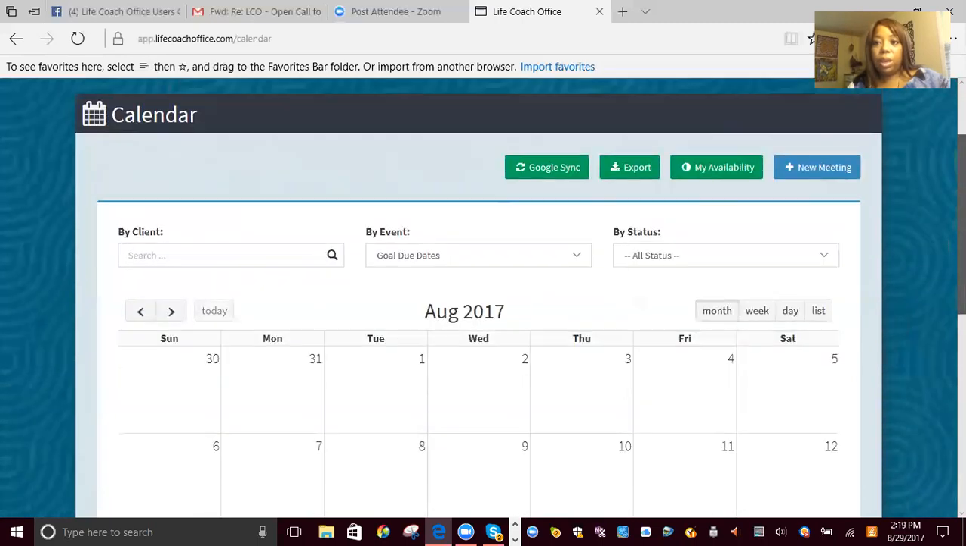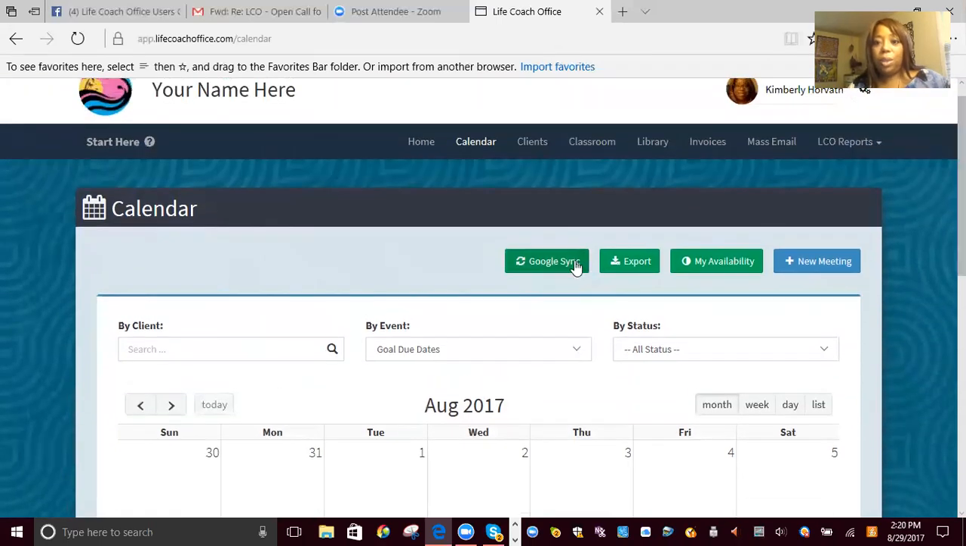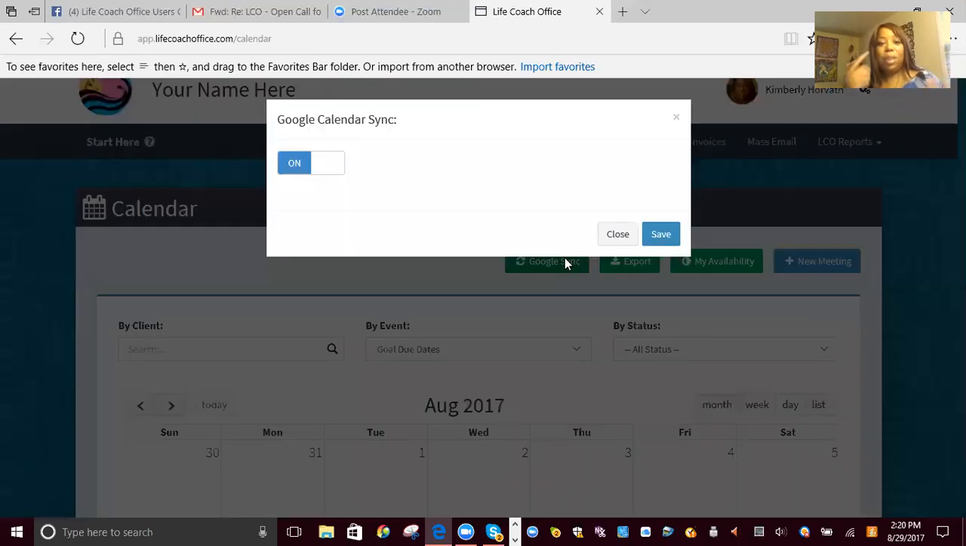All right, so here's your calendar. Now, the main reason why people are asking about the calendar is two things. One is they want to know how it syncs to Google, and then they want to know how they can get their clients to be able to request meetings individually with them. So let me show you first about how to sync with Google. You just click Google Sync. Now mine is already turned on. If yours is not turned on, you click the button to turn it on,